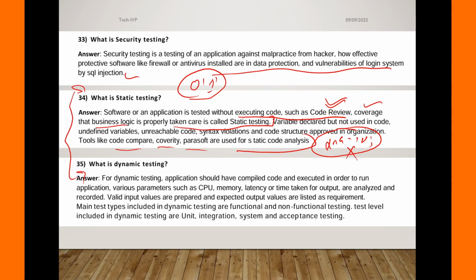To validate whether your application is running perfectly or not. For dynamic testing, the application should have compiled code. Compiled code means we can execute our code, we can run the application. In order to run the application, various parameters such as CPU, memory utilization, latency, or the time taken to output